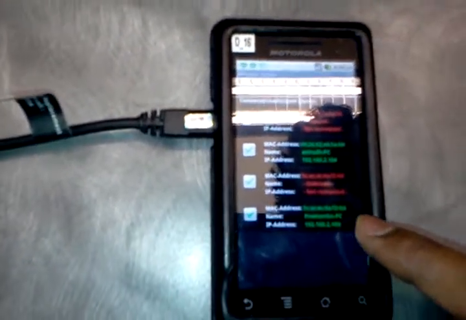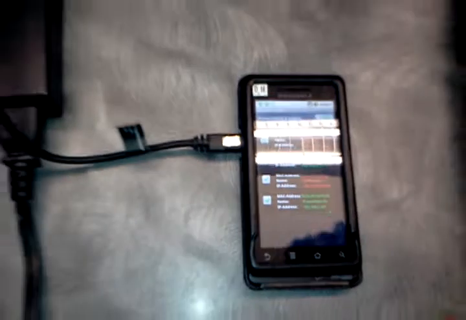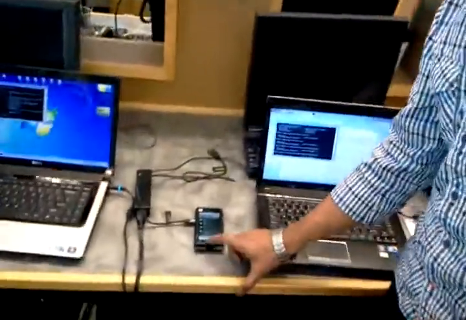The name of the PC is Preetham PC and the IP address is .103. So this is how you configure the client devices and enable them to connect to this rogue access point. And you have a lot of options with this application.